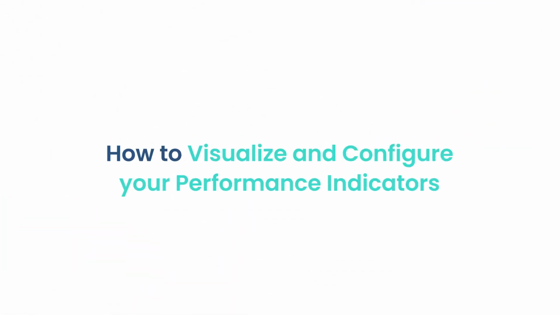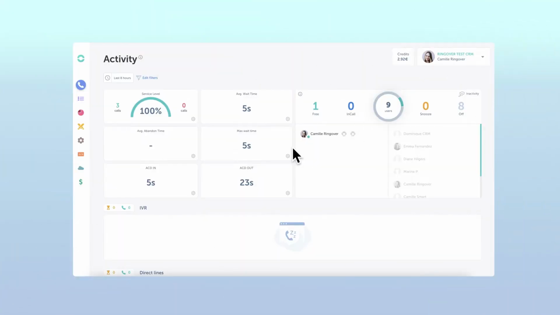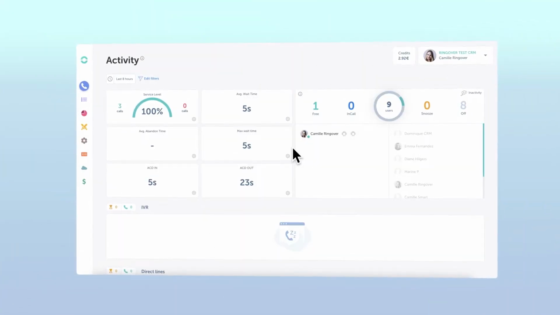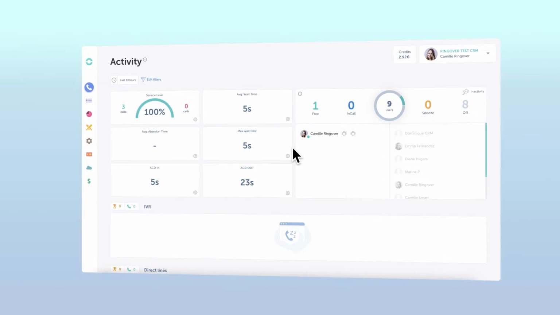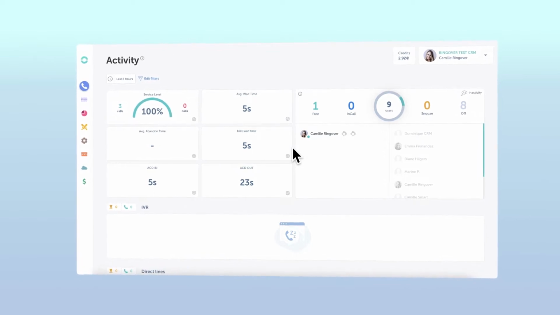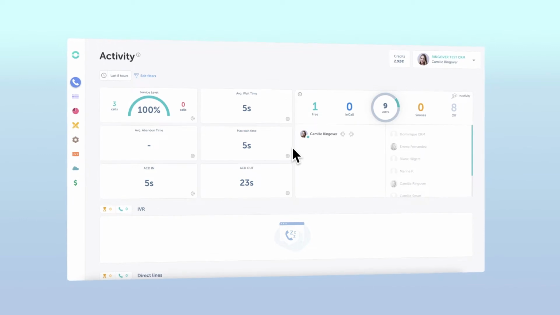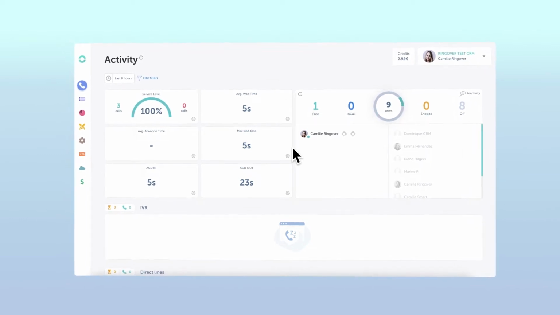Ringover isn't just a cloud calling platform, it's also a powerful performance monitoring tool. With Ringover, you can view both real-time call statistics and take an in-depth look back at your team's call statistics in order to help identify key performance indicators, or KPIs. Let's take a quick look at one of the ways we can customize Ringover to give you a better insight